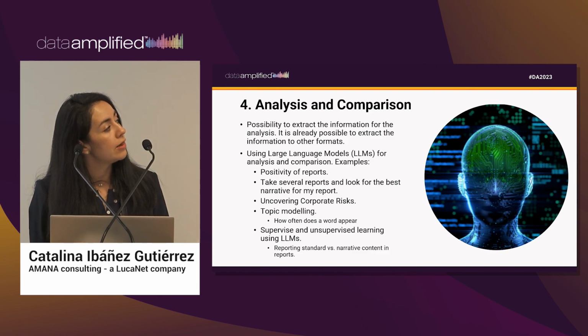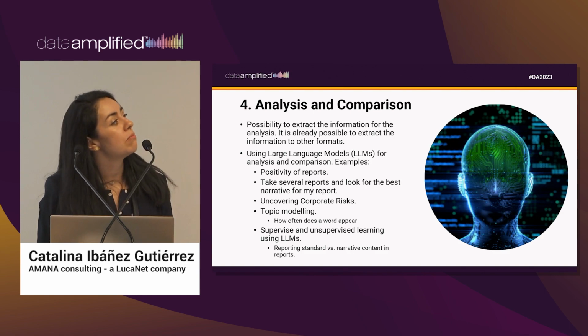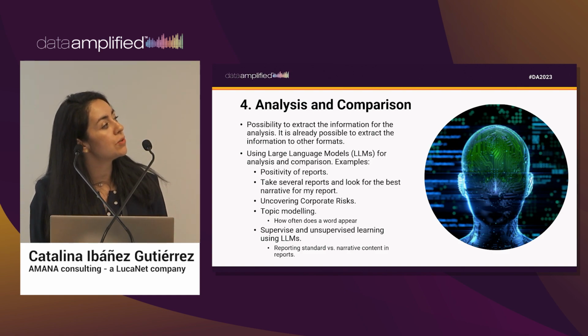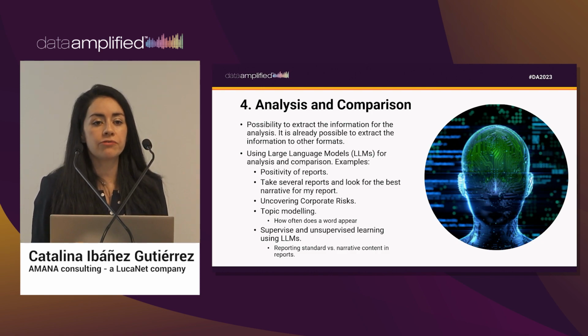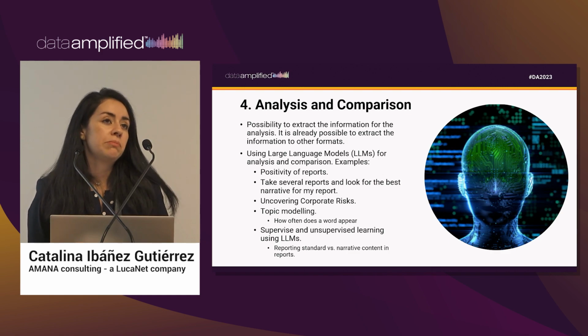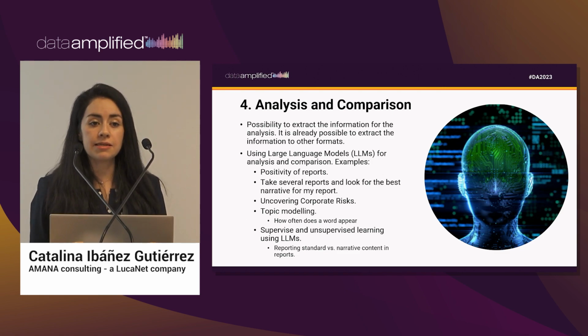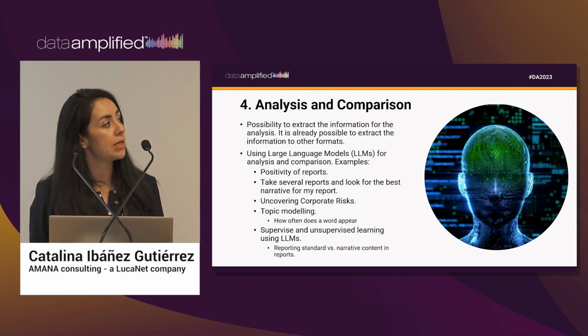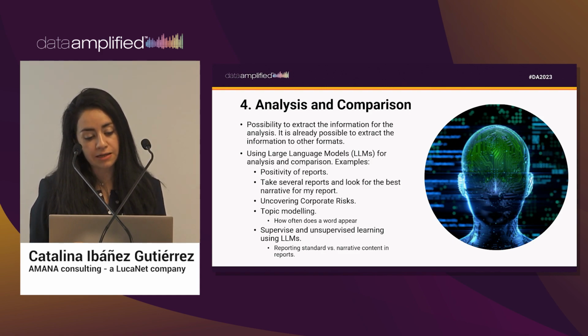Something else we can look for is uncovering corporate risk. Also a great thing that we can do. We can use maybe something even simpler, topic modeling, and ask how often a word appears in a report. For example, you saw before with financial. Maybe I am an auditor, or an investor, and I want to see the word sustainability, or maybe water safety, or something like this, so I can look for that. We can go also for supervised and unsupervised learning